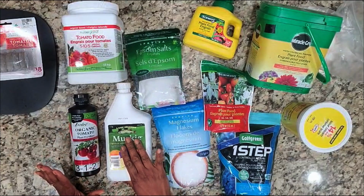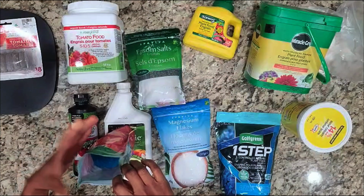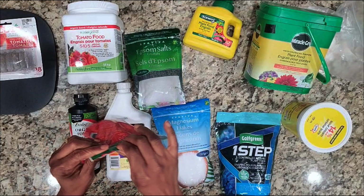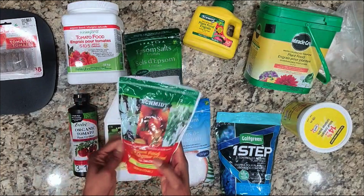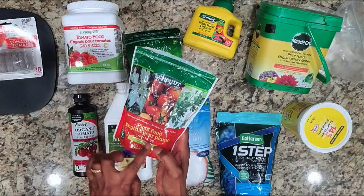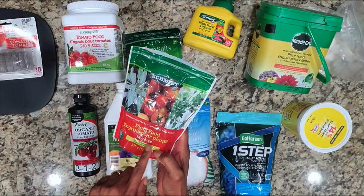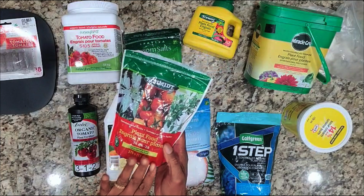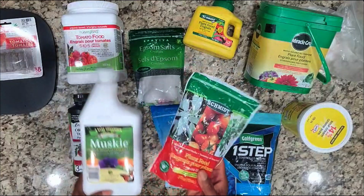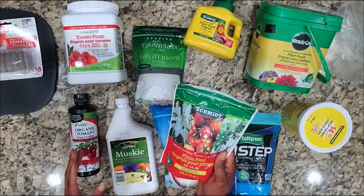Now, the chemical fertilizers come in powdered form, and you dilute them in water. Chemical fertilizers typically have a higher percentage of the overall quantity. As I said, each of these numbers represents a percentage. So for this one, you can see you have 20, 14, 14, 30, 55, almost 60% of the content here is fertilizer. But unlike this one, which is a 5-1-1, it's just 7%. So these tend to be a lot stronger and last a long time, but as I said, they're made in the lab. So you can actually choose your